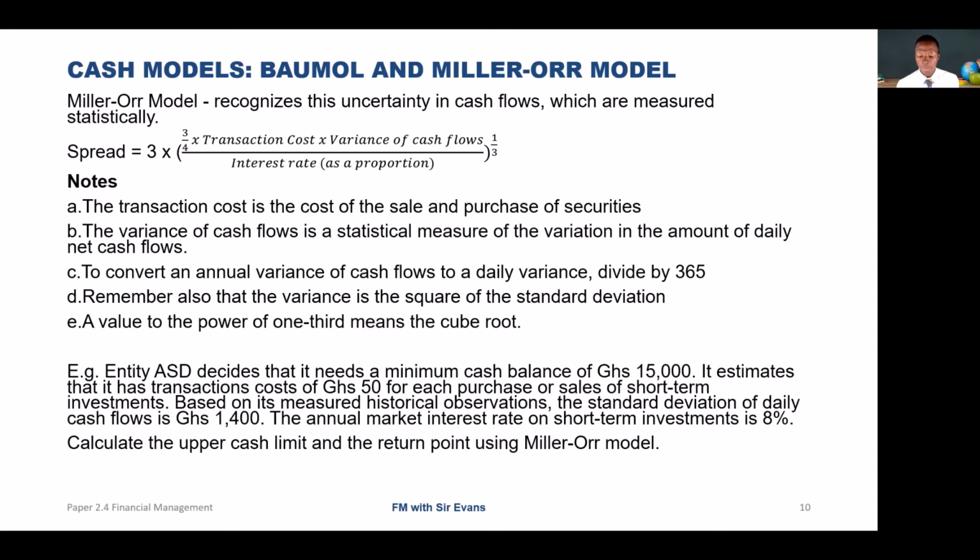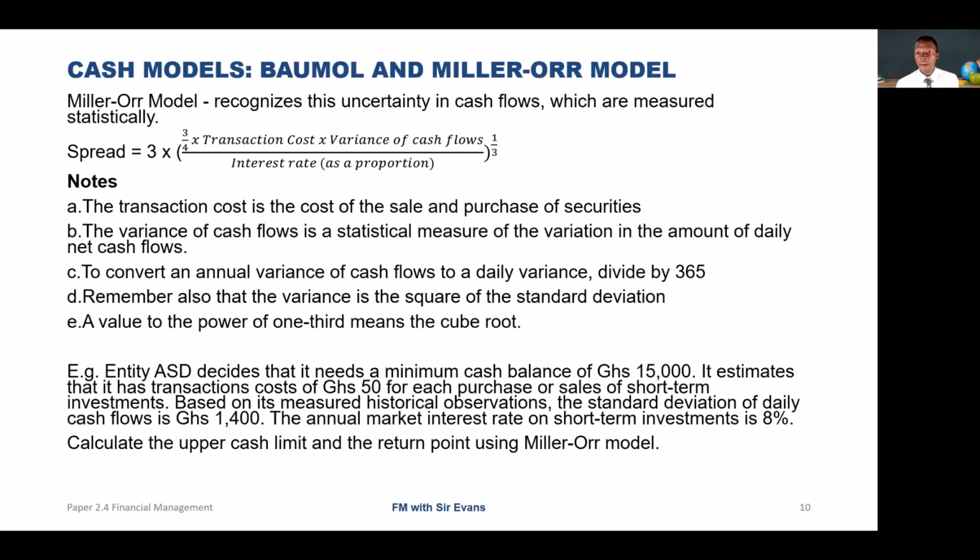So the lower limit, which has been decided by management, also known as the minimum cash balance, is 15,000. The upper limit is going to be the 15,000 plus the spread, which is 20,848, to give 35,848. Now the return point is 15,000 plus 1/3 times the 20,848 to give 21,949. So then we'll be having a return point of 21,949, upper limit of